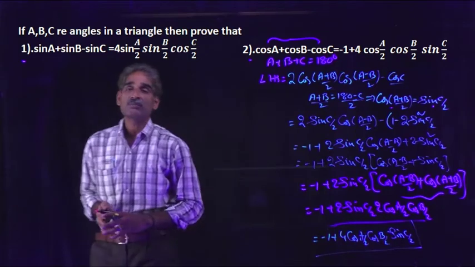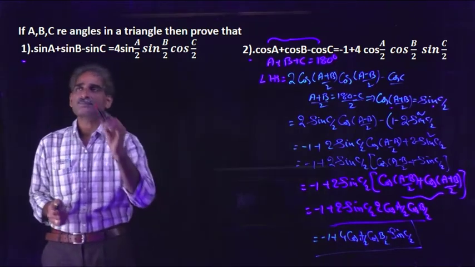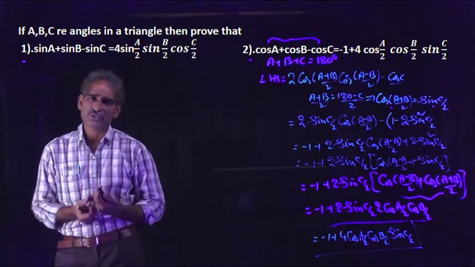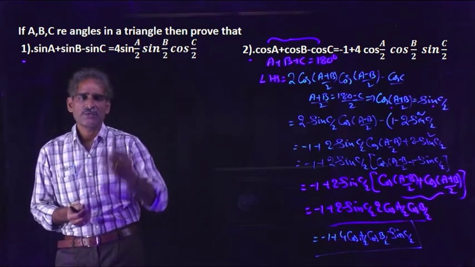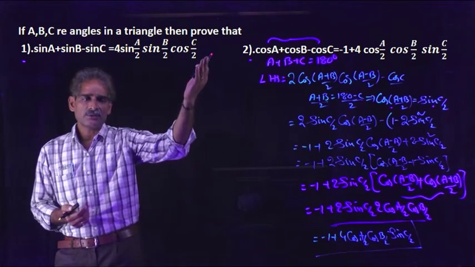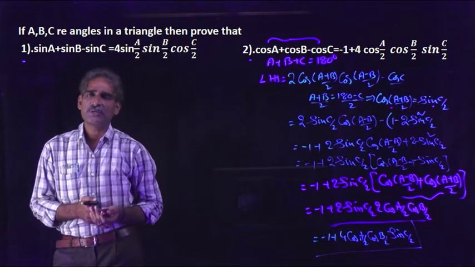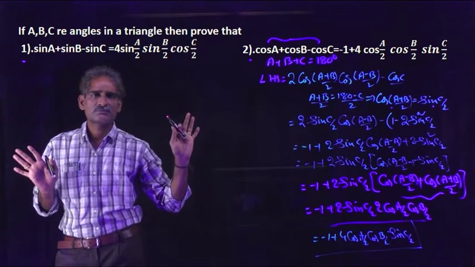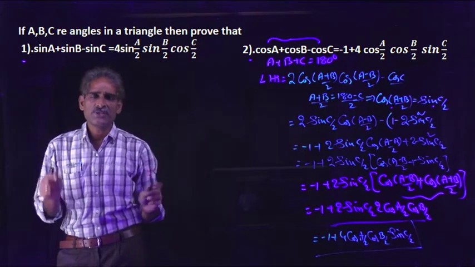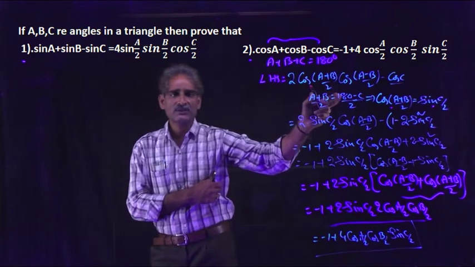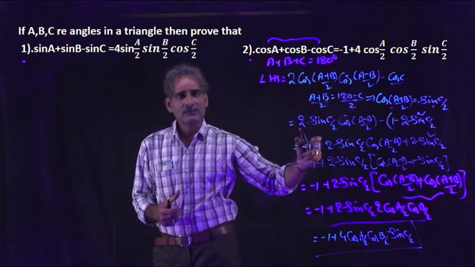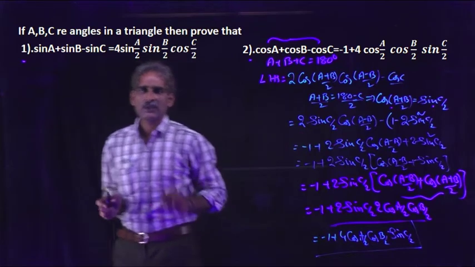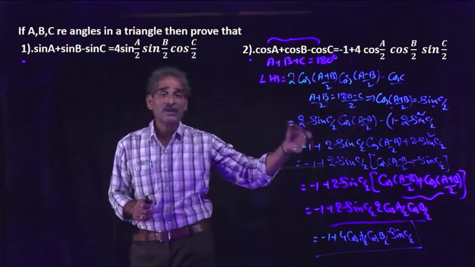So next, come to the first problem. Here sin A plus sin B minus sin C; it may be asked as sin A plus sin B plus sin C also. If plus sin C is there in the required one, you will get sin(C/2) at angle C also. Okay, same procedure. There is no change. Just apply for any two functions and try to take common, then again apply the transformations. That's it. We have to apply transformation formulas two times.